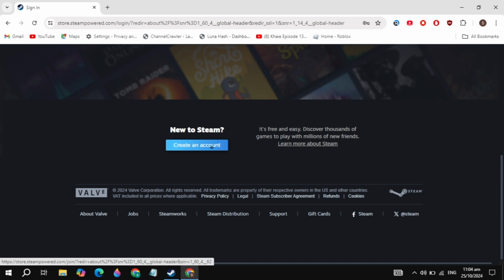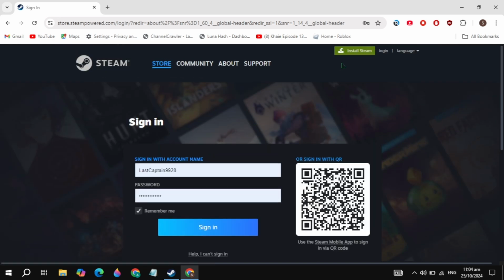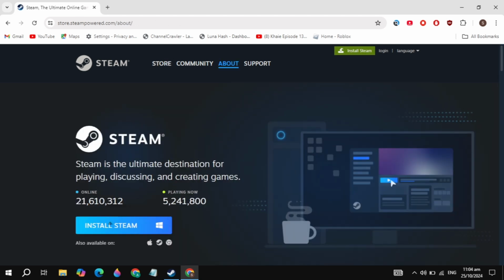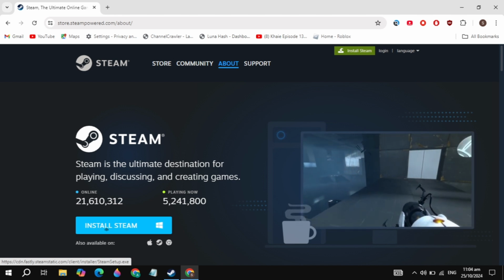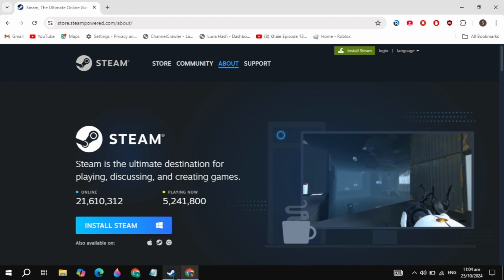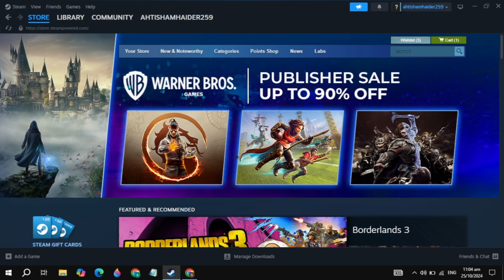Once you create the account, click on the install Steam option you are seeing on the top. Now guys, simply download Steam and install it on your PC. This is very simple and easy. Once you download and install Steam, simply open it on your PC. Now simply log into your account, then click on the top search box and type here Easy Trade